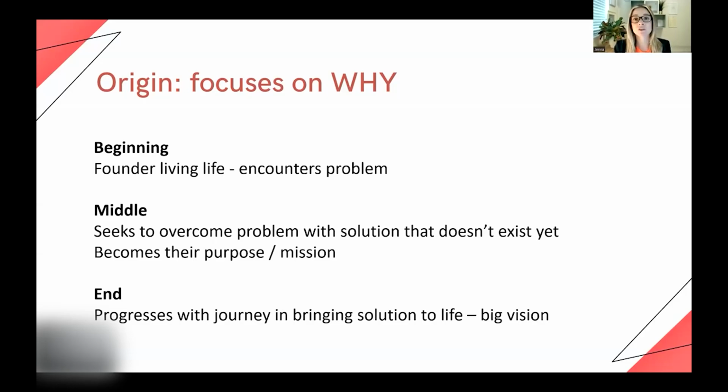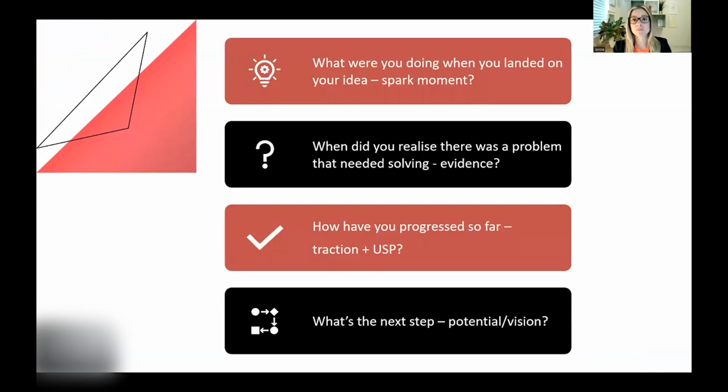So what should you consider, and how can you actually start developing your origin story? There's 4 key things to think about and 4 key areas. And this all feeds really nicely into some of the content that's going to be developed in your pitch when we start to get to that point shortly in the course. So the first question is, what were you doing when you landed on your idea? And I call this your spark moment. And we'll come on to this in a bit more detail as well. But just high level, just think about, can you remember what you were doing when you came up with this idea? It might be tough to do, but some of you might be thinking, I know exactly the time, date, and place when this idea came to mind. So just start thinking about that.